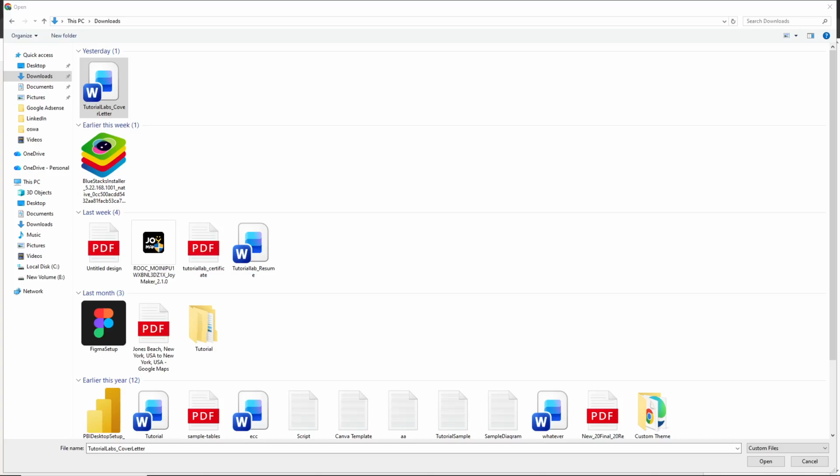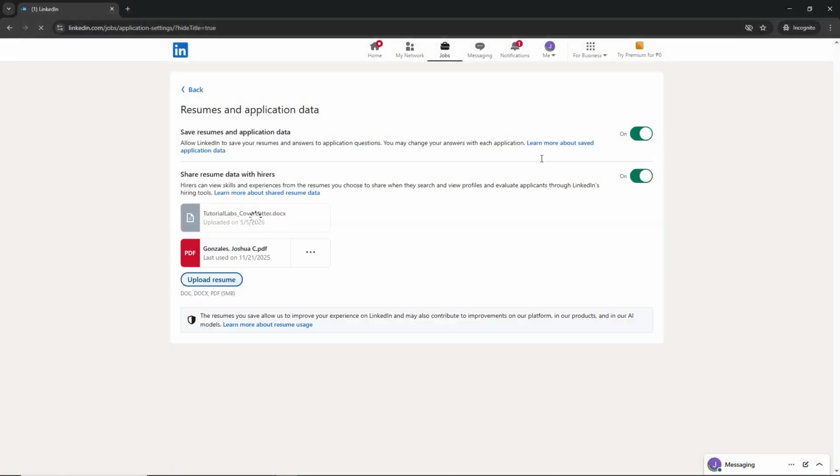Your file browser will now open up. Navigate through your folders to find where you've saved your cover letter. Once you locate it, select the file and upload it. Give it a moment to process and save to your LinkedIn account. This ensures that the document is properly stored and ready to be attached to any job application you submit through